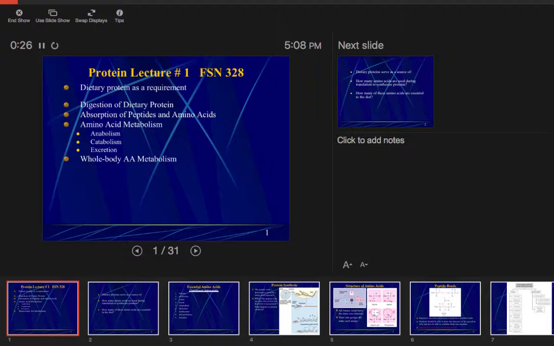If you notice in the textbook, as you're reading, this chapter is about 40-something pages. So in this chapter you can focus on what we're doing here, because there's a lot of amino acid metabolism we won't talk about. I'll talk about some of what I think are the important points as we go through, but we're going to condense this information. One of the reasons we're covering protein like this is that proteins should not really be an energy source. So we're not going to talk about the energy aspects as much as the functional aspects of structural proteins and things like that. Okay, with that said,